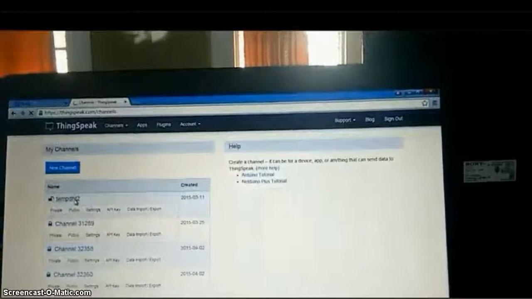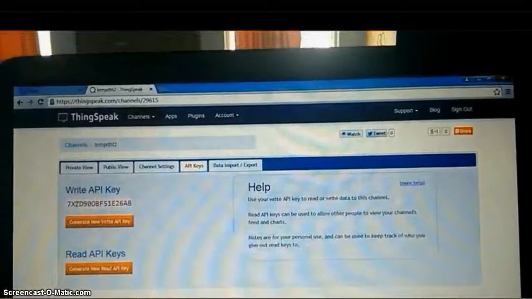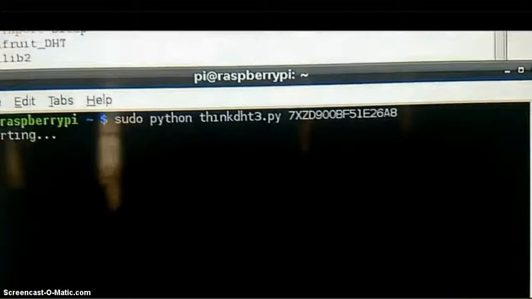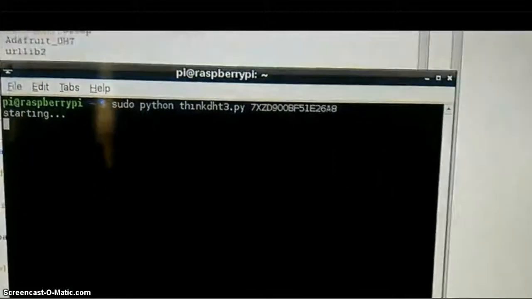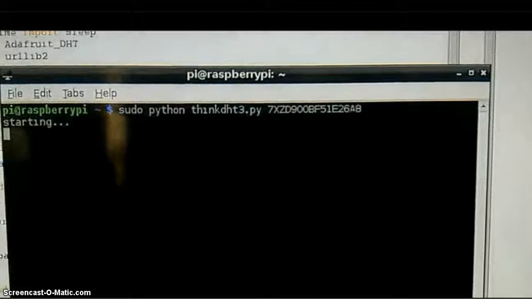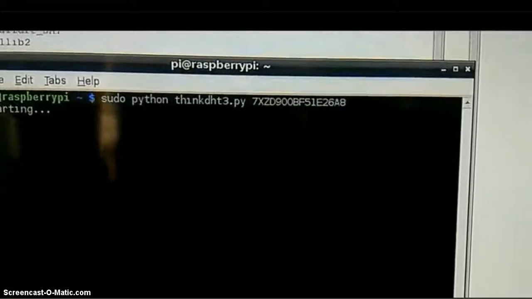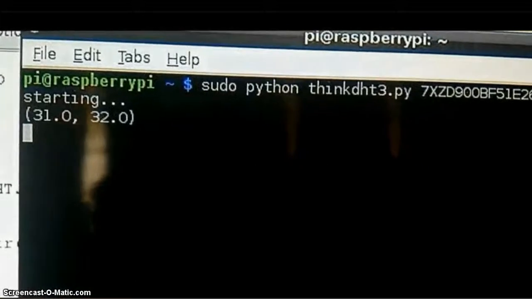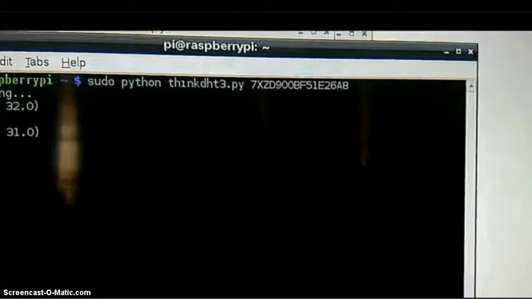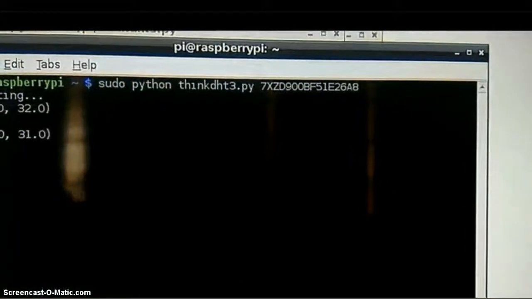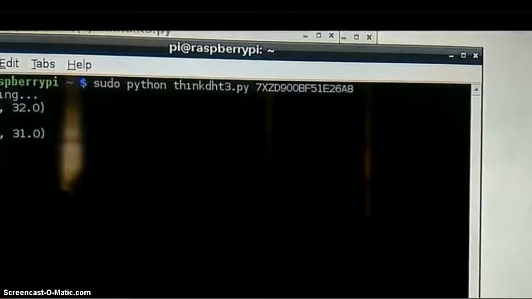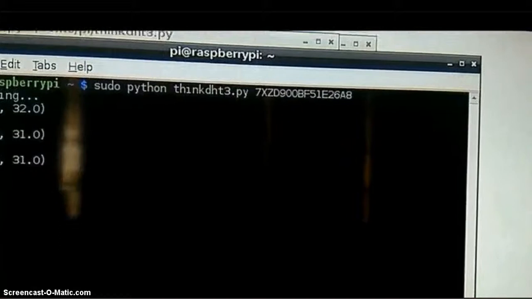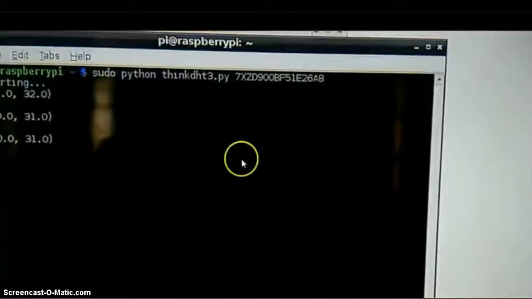Now, run the code in the LX terminal. The sensor senses the data and the Pi sends it to ThingSpeak over the internet. The temperature and humidity values can be viewed on the LX terminal screen at every specific time interval. ThingSpeak can sense changes every 15 seconds. The values are displayed by their entry IDs starting from 1 onwards.